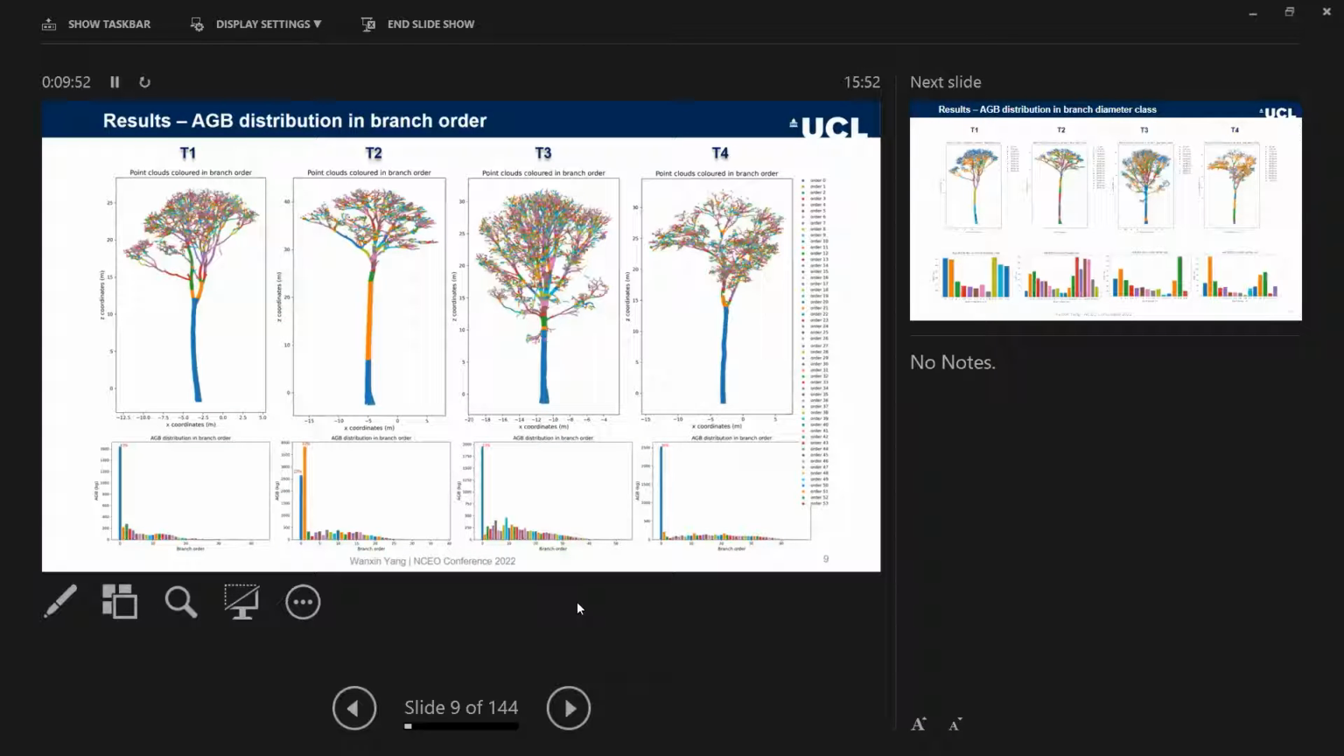Since our method can retrieve the topological relationship of branch structure, we can characterize tree attributes at branch level. So for example, here we plot above ground biomass distribution in branching order. The branching order here is determined by bifurcation, which means the branching order adds up by 1 whenever a parent branch splits into multiple child branches. The bar graph underneath there